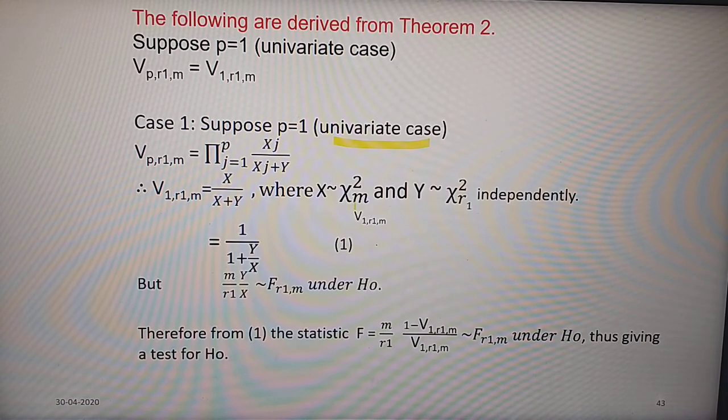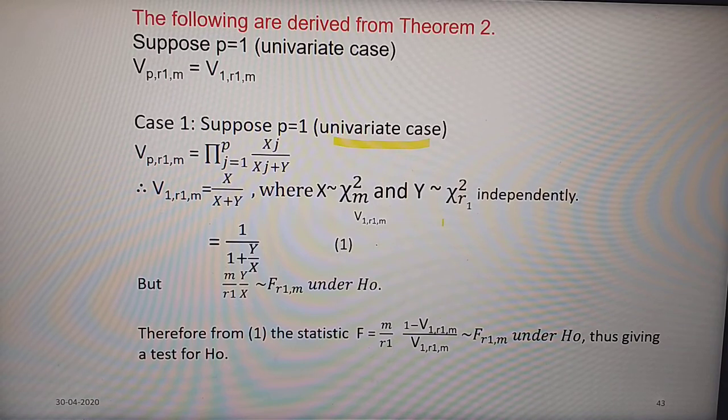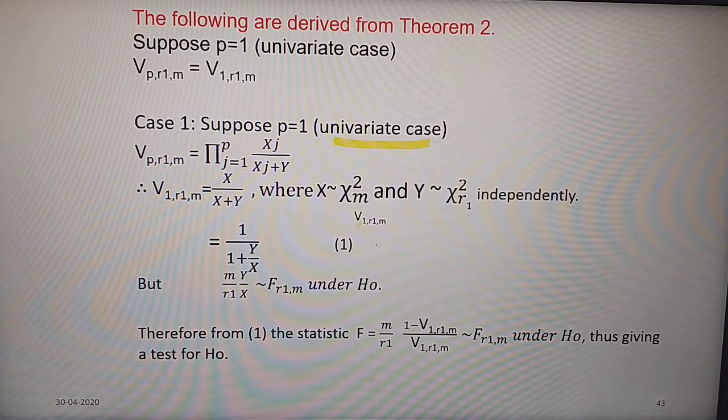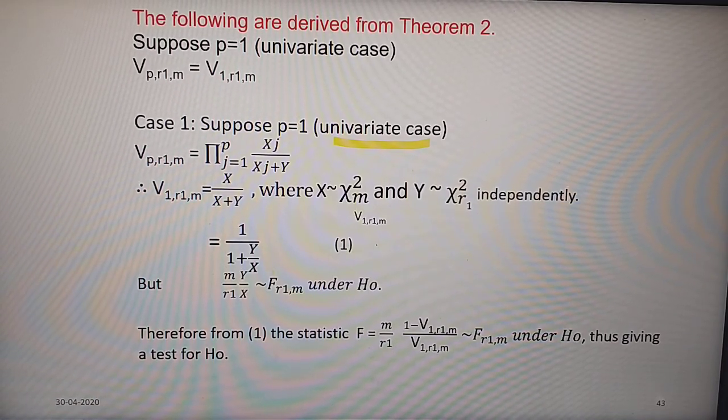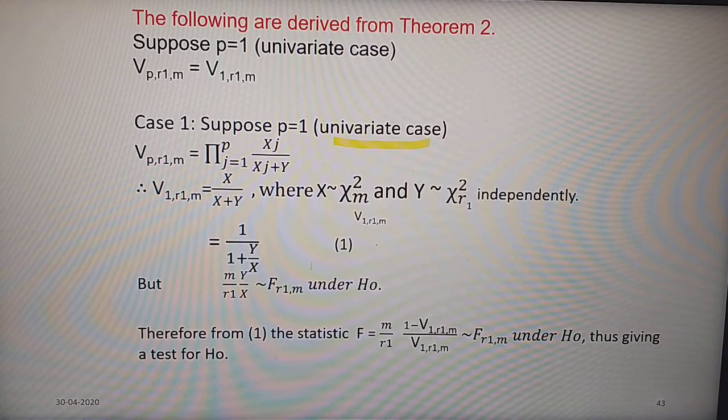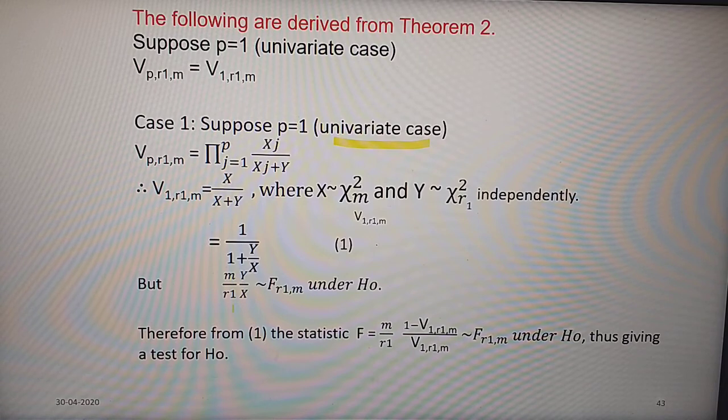But we know when x and y follow chi-square distributions, their ratio, x by m is in the denominator and y by r1 here. So we simply put m by r1 times y by x, which is an F distribution on r1, m degrees of freedom